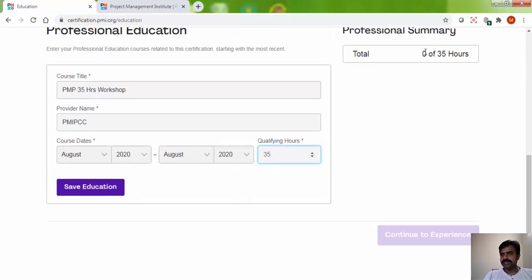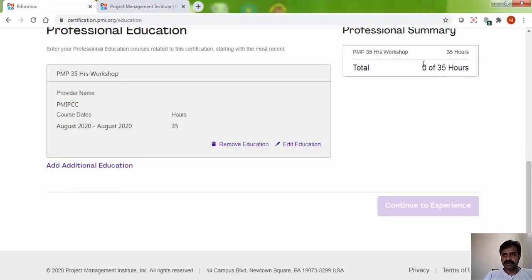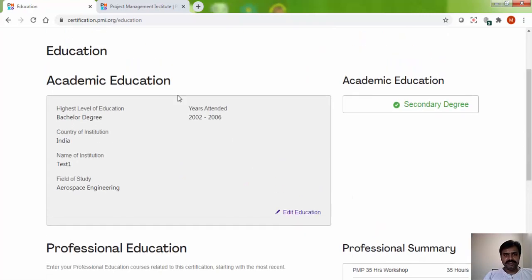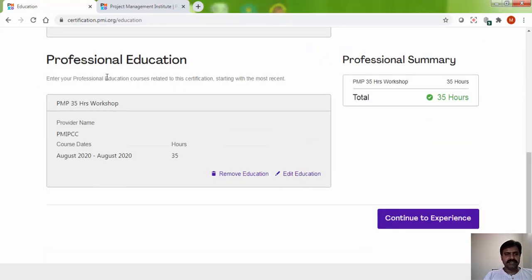Here I can see 0 hours. The moment I click save education, you can see 35 hours being added there. See, this page is done. The educational and the professional educational details are done. Now we need to move on to the experience.